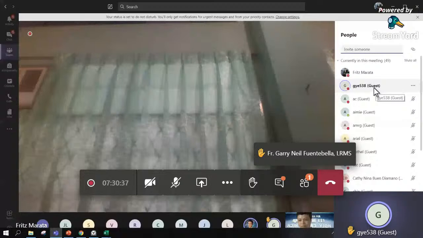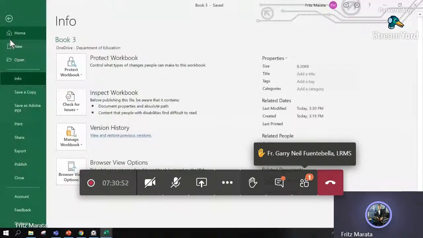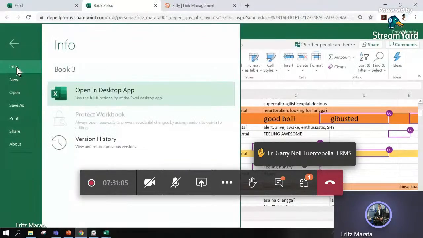Yes, sir. You can also retrieve or recover the version of the workbook that you want by going to File, and then, I think it's in the web application here, go to File and then Info, and then you have the version history.